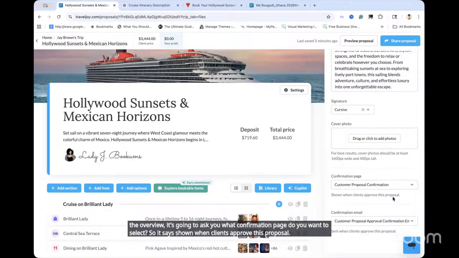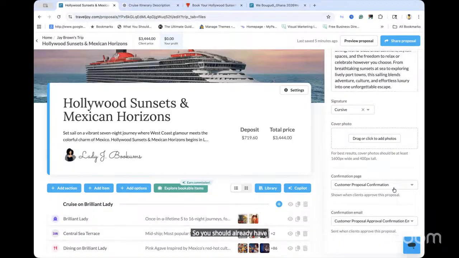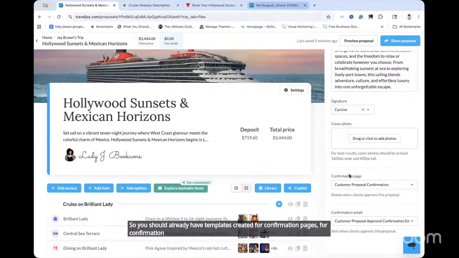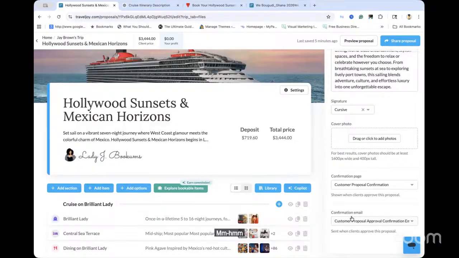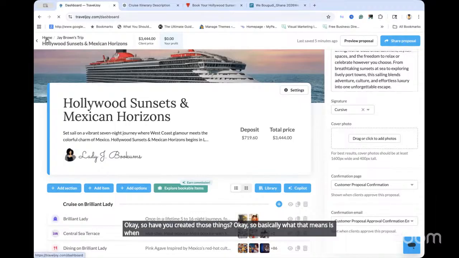So you should already have templates created for confirmation pages and confirmation emails, because you can see down here it's going to ask you the same, what confirmation email do you want sent to your client when they approve? Have you created those things? No, I have not. Okay, so basically what that means is when you go to the home tab and you're